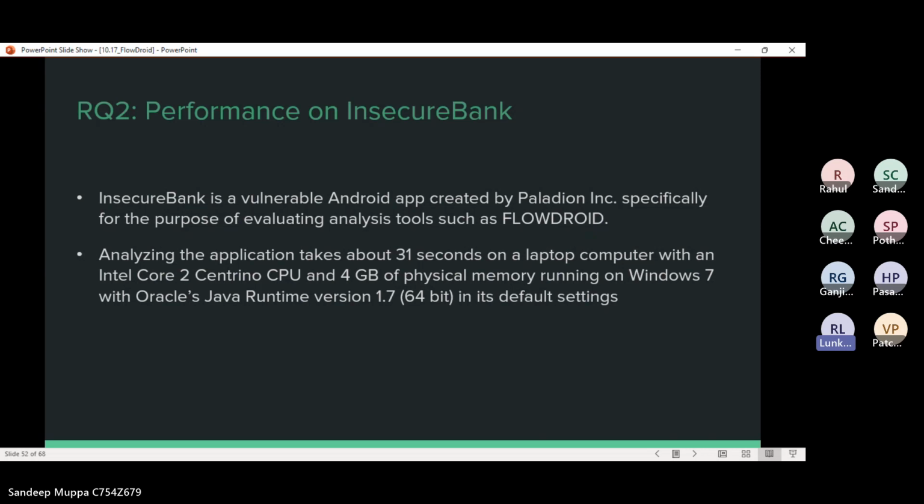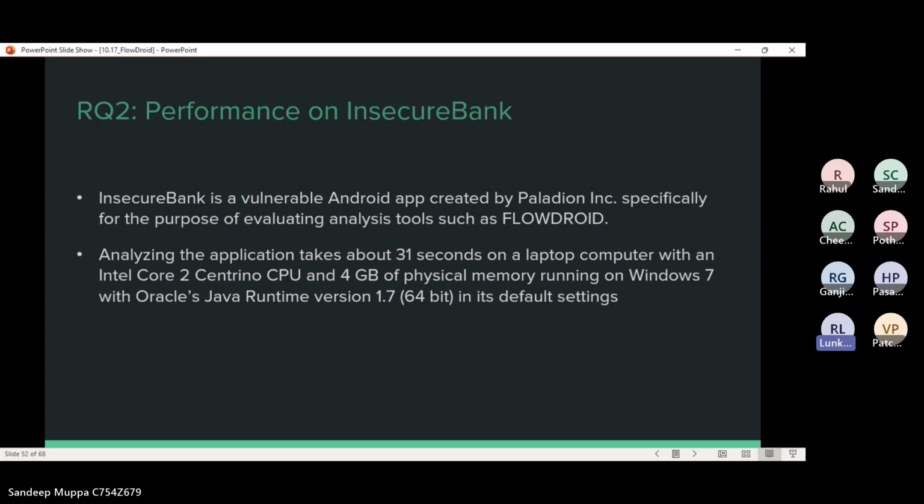So that was about question one. While evaluating question two, which was based on InsecureBank, it was about finding the vulnerabilities this particular Android app was creating, in the evaluating analysis we spoke about, FlowDroid in specific.